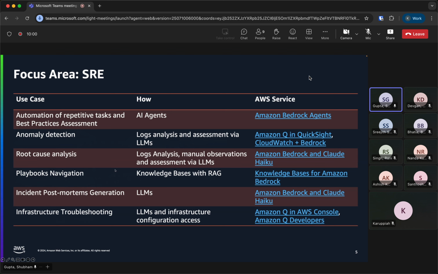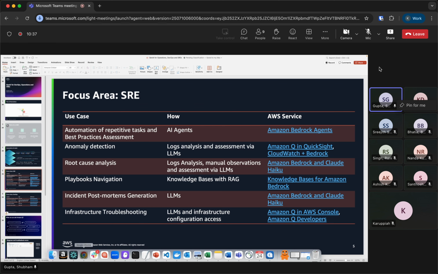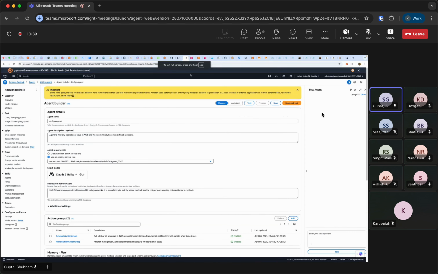So we'll leave this slide for now. I'll show you the demo. Basically, what I'm going to show you is an AI agent that we have created, which will first detect any anomaly which is happening in your AWS account. It will try to analyze what the root cause of that is. It will then navigate a playbook. We have created Word files, basically multiple Word files are there. It will identify which is the most correct playbook to use. It will understand the steps, and then it will actually troubleshoot the infrastructure and take the corrective measures. Okay, so this is the demo that we are going to see. I'll switch to the browser.